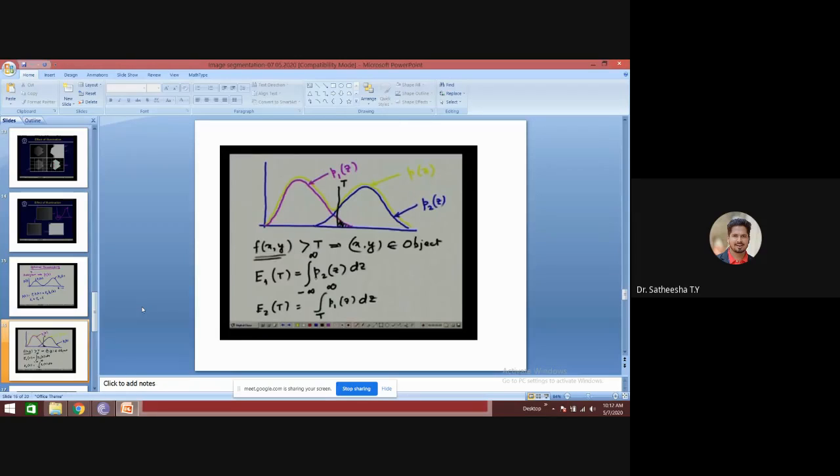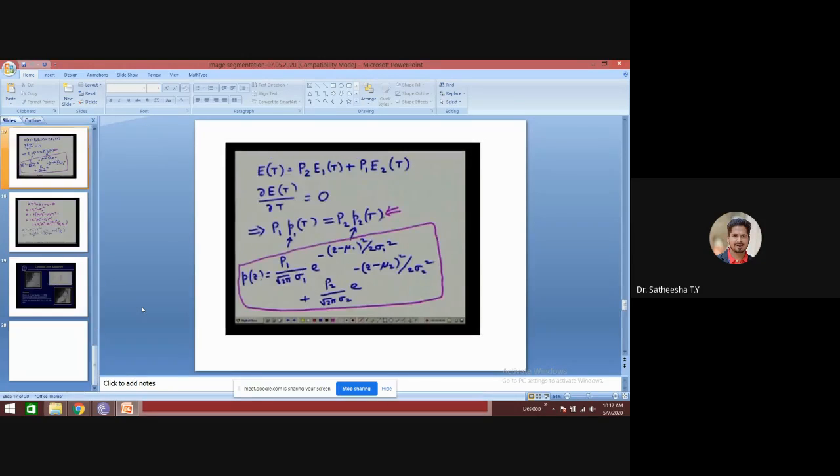Similarly, if a background pixel is classified as an object pixel, the E2 will be from T to infinity, P1 of Z dZ. So this gives you the two error values. One of them gives the error that you encounter if you classify a background pixel as an object pixel, and the other if you segment object pixels as background pixels.